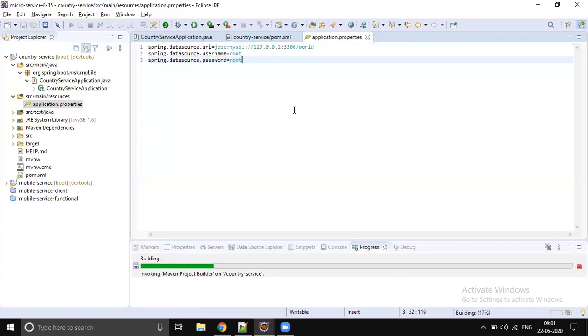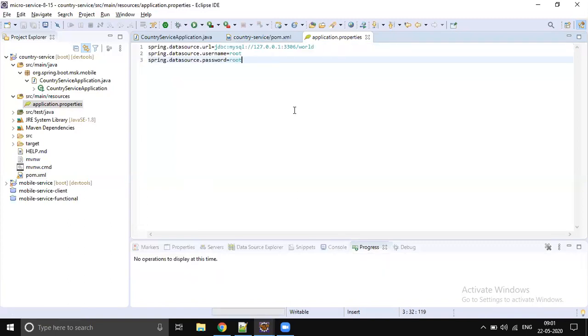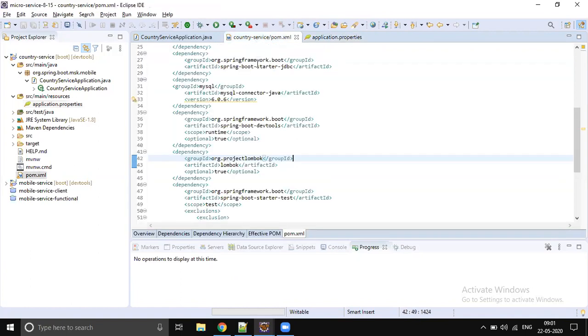Yeah, Sunil, one thing, as you told, this JDBC connector has a version, right? So in real time, if we are upgrading, then again we need to change the version, right? Yeah, you have to change it for sure, when you update your database. Okay, so we have to be very careful with the version, otherwise it will not work. Okay, fine.